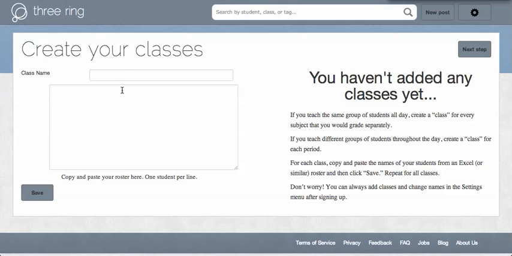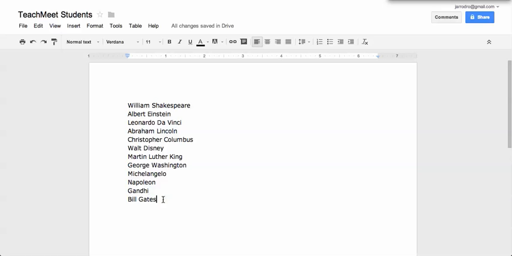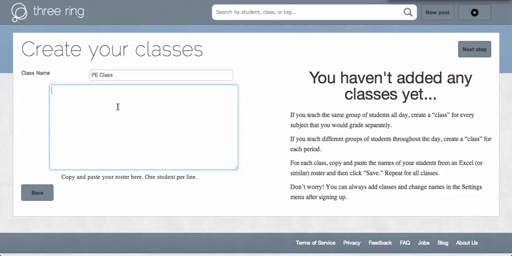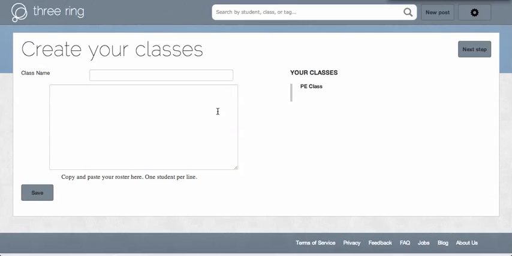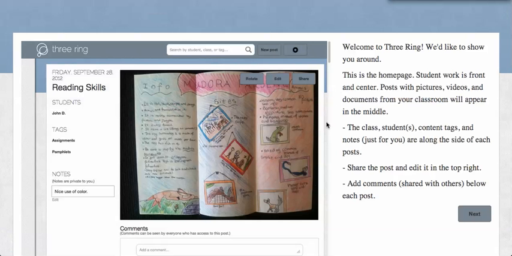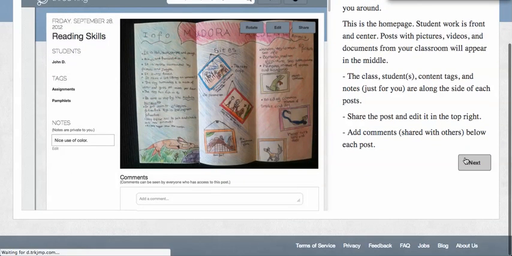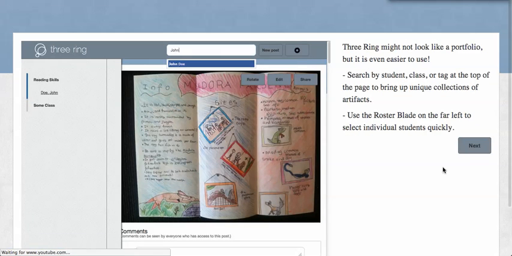What it asks you here is for your class name, so I'm going to call it PE class, and then it says put in a roster, and I've got a wonderful class set up here for me to paste in. Pretty fantastic group of students. Hit save, and we can create more classes if we need. I go to next step, and it says okay, you can read some information about it. Go next again, go next,